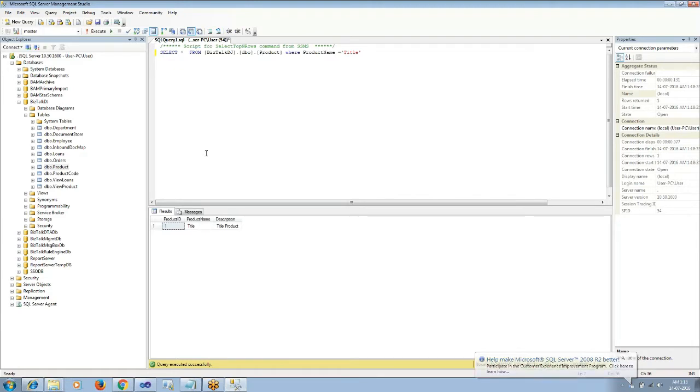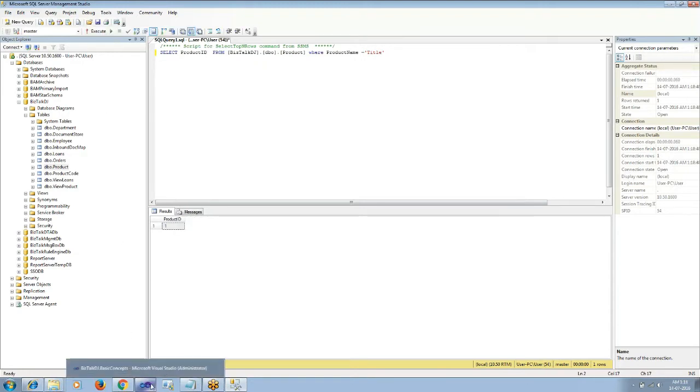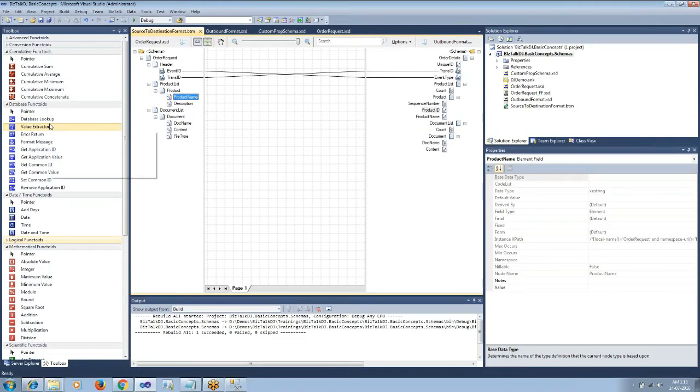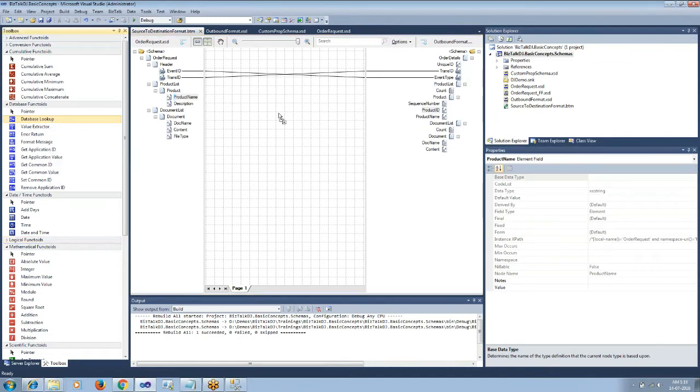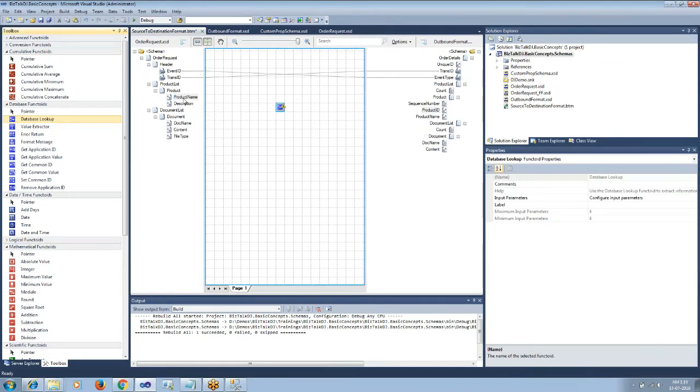So based on the input we would be retrieving the product ID and mapping it to the outbound format schema. This can be achieved by using the database lookup functoid along with a value extractor.